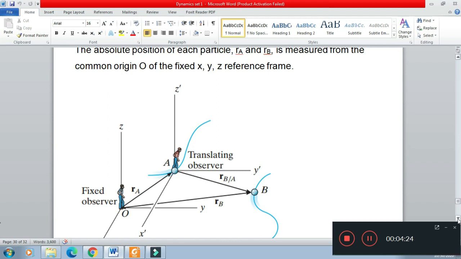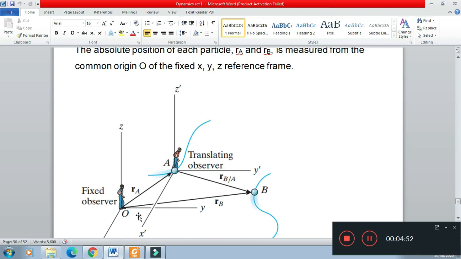Now for determining the position of the particle B, we can have a relative system. RB can be defined in terms of RB/A. So in vector form it will be RB equal to RA plus RB/A. So RB/A is the position of B with respect to A,